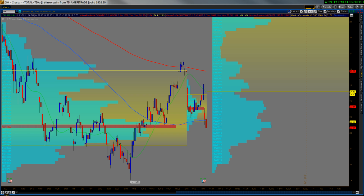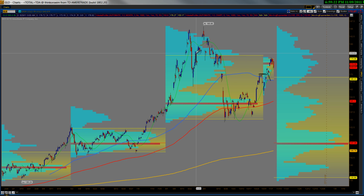So the other names that I covered last night, I think I covered gold, although I'm not 100% sure, but it looks like we're at a short-term top on gold. If you are profitable in a position that you've bought from down at lower levels, and you want to take some profits just to raise some cash, then go ahead and sell a little bit of GLD. But this still makes a lot of sense. Basically anything bad that happens in the world, gold should catch a bid. So the only downdraft to gold may be a strengthening